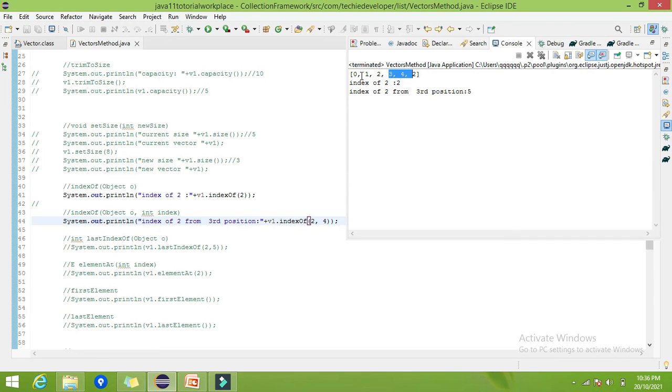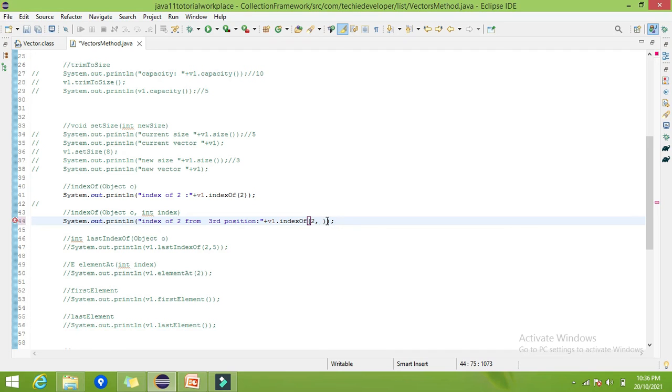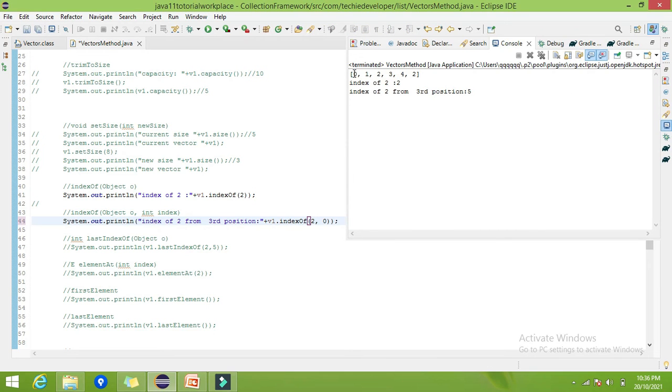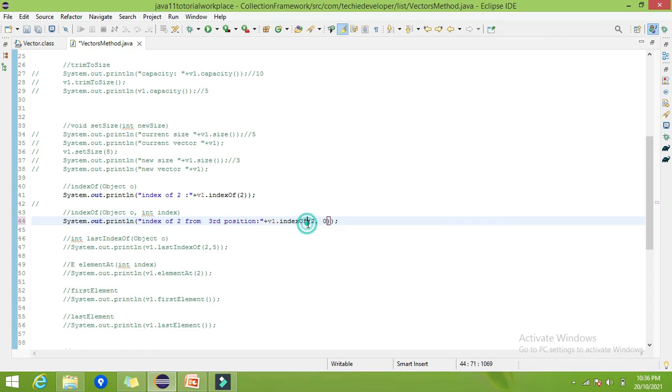If I start the search from the beginning, then what will happen? If I give a specific index not 4 but 0, it means it should start searching from the 0th index. Then what will be the position of 2? Of course it will be the third position. It will find it here only. Okay, now let's try to run.